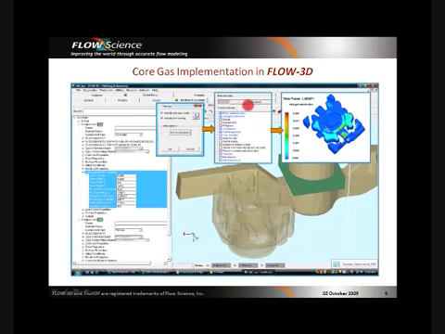So we could go to the output tab and select some data that you would want to observe in transient analysis at a certain time interval. So you could look at selective data like the core gas surface flux or velocity or the binder weight fraction distributions. Then we have several results for core gas, such as the core gas flux, the binder weight fraction, or the outgassing rates that could be analyzed as well. You could make 3D animations or snapshots of it, or even look at it at 2D sections or take data out.